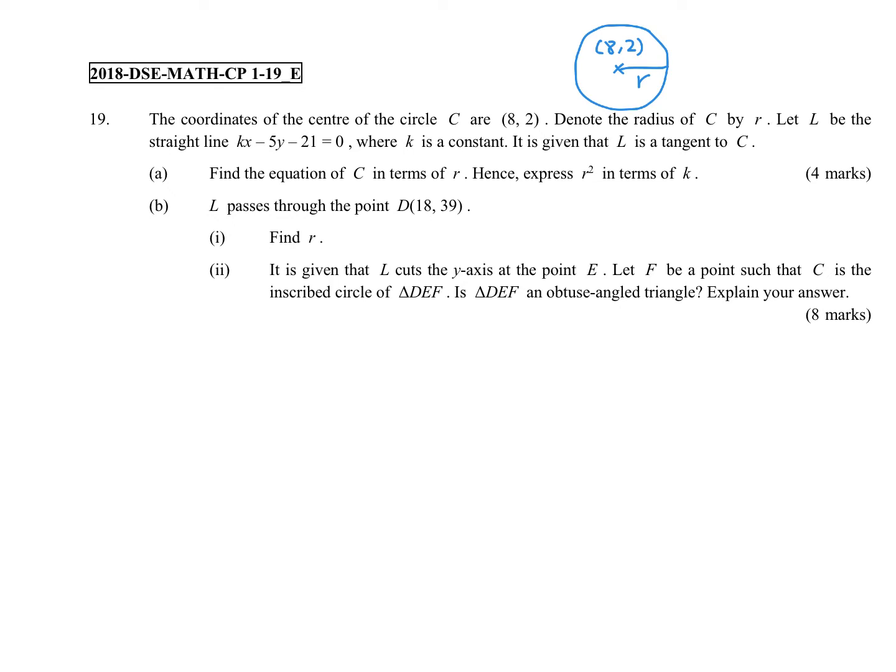Let L be the straight line kx minus 5y. Oh, L is a tangent. Okay, just like this then. This is L. Find the equation of C in terms of r, so that will be easy because in terms of r. So the equation of C